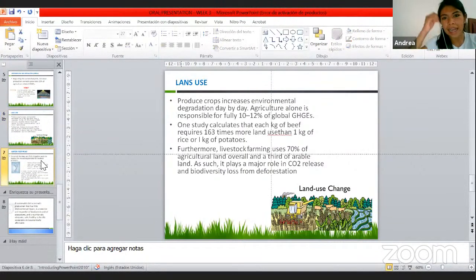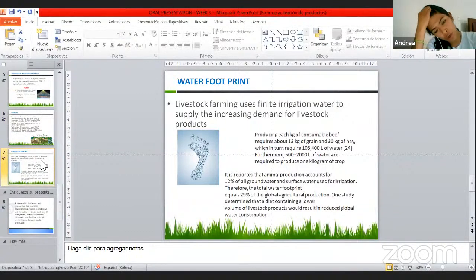And the last point that the article mentioned that is important to take into account for reducing meat consumption is the water footprint. Livestock farming uses finite irrigation water to supply the increasing demand for livestock products. Producing each kilogram of consumable beef requires about 13 kilograms of grain and 30 kilograms of hay, which in turn require